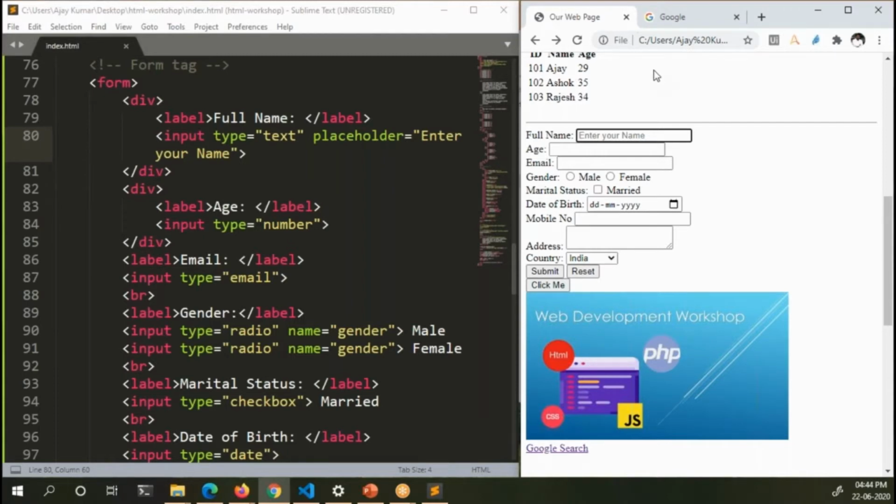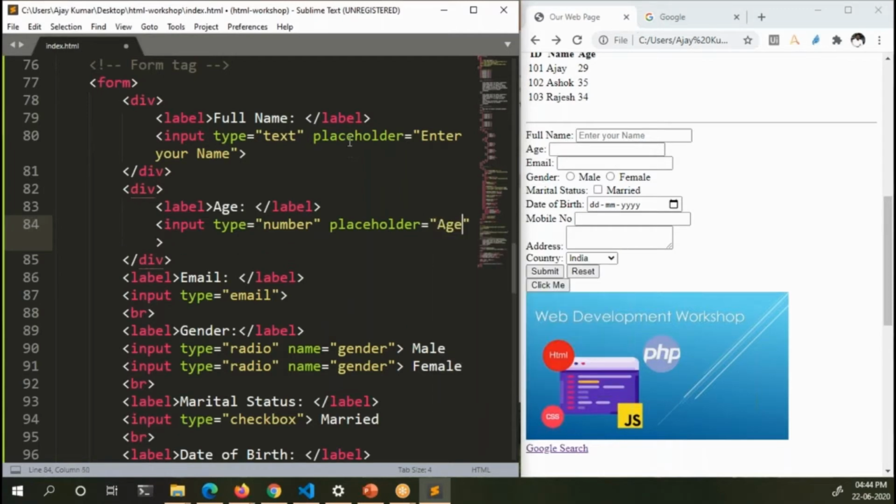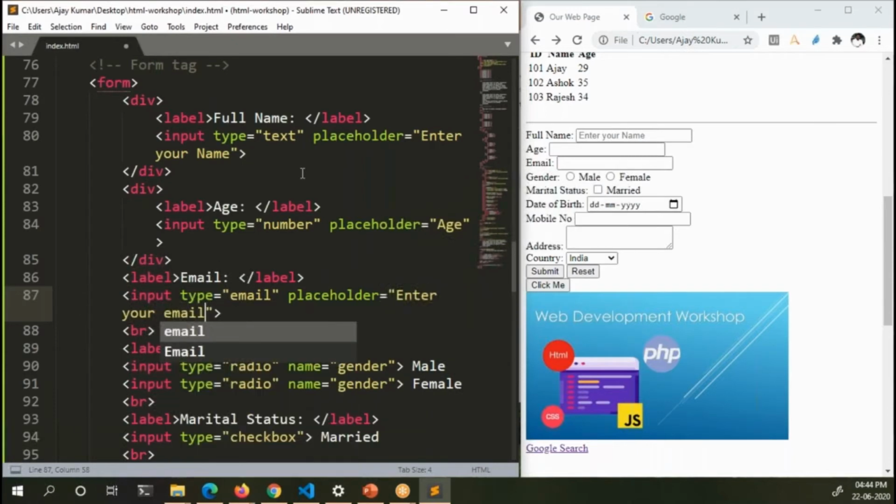In a similar manner, you can also add placeholders for most of the input text tags. You can also add the same thing to age, email, etc. So let us add a placeholder for age and a placeholder for email.